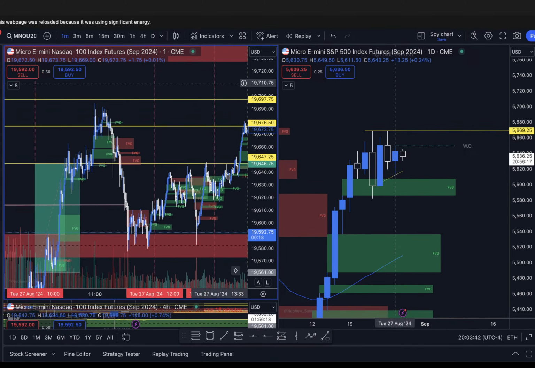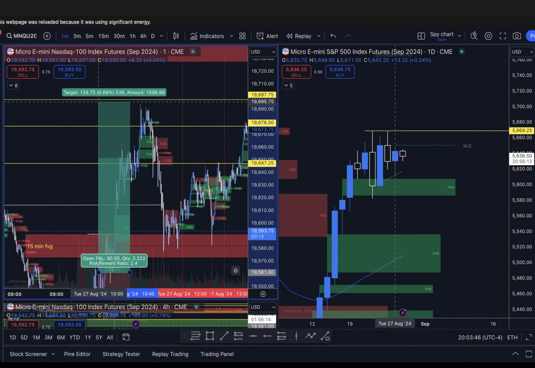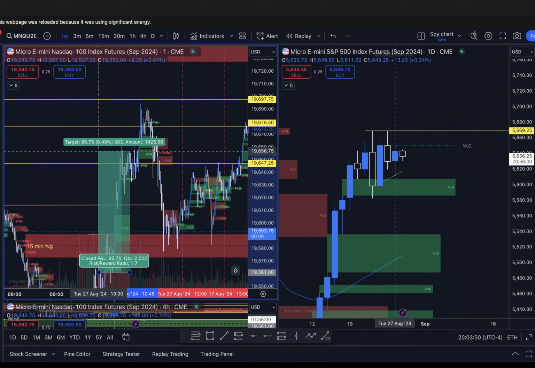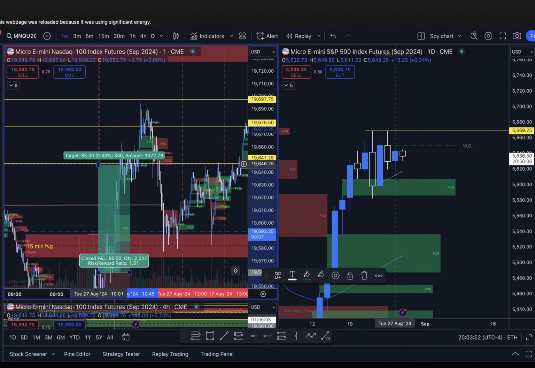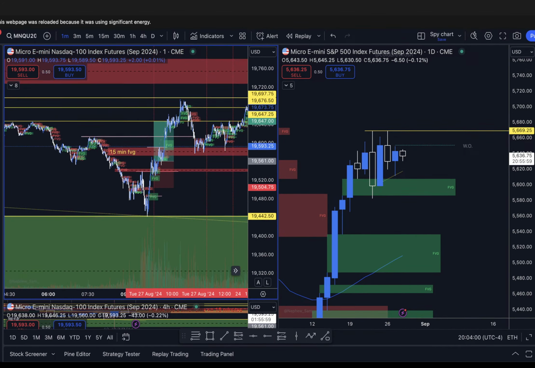Did we go to the 4 hour one? No, we did not. So yeah, I could have held, honestly, up until this gap. I didn't fully close the gap, but halfway in the gap. But I sold at these equal highs. Someone else on my live sold right after we took out these equal highs. I moved my stop loss to break even at this equal high. But I think he got in at the bottom, so that's a good move.